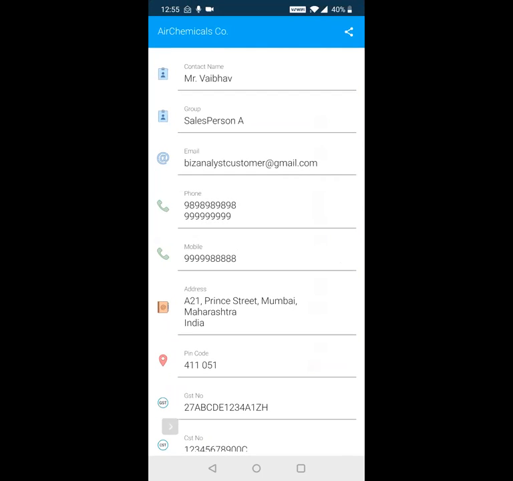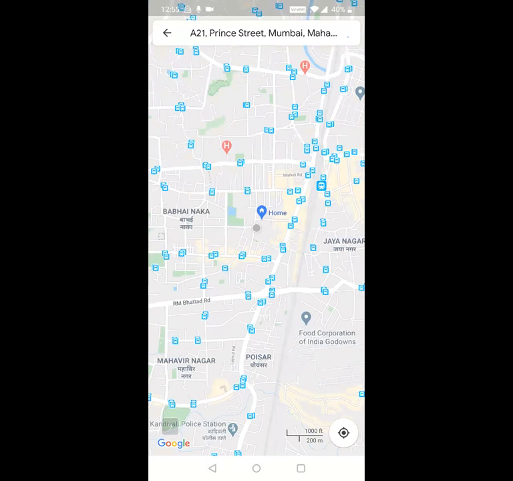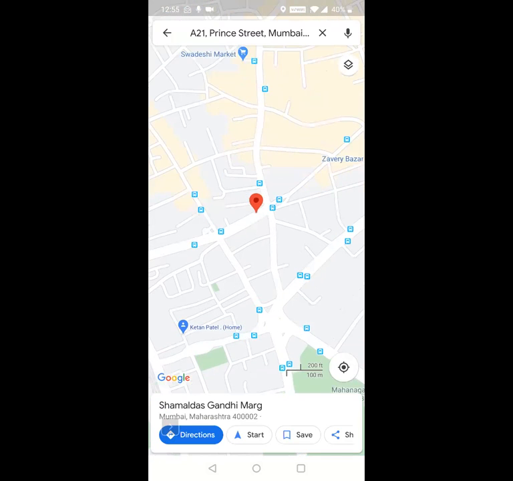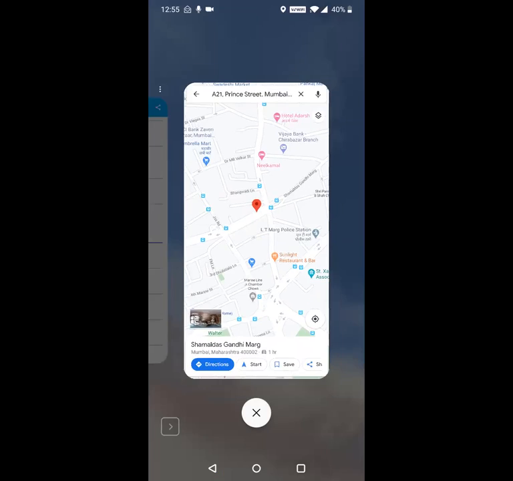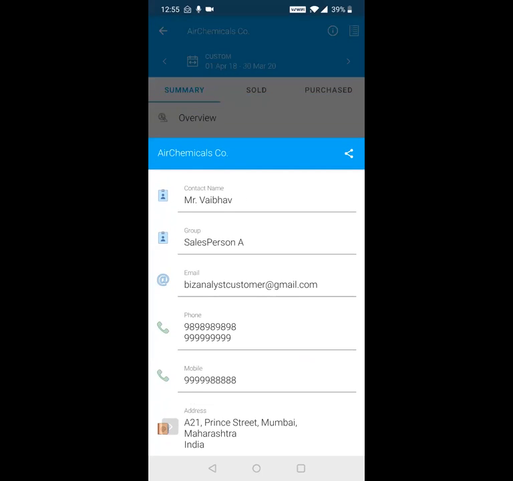If I want to find the address of this customer, I just have to click on the address and it will open up the address in Google Maps. So these are small things that help to simplify. We have given the updates here.